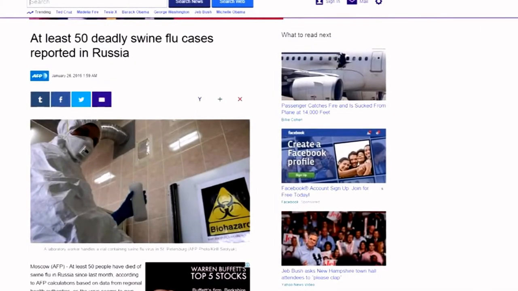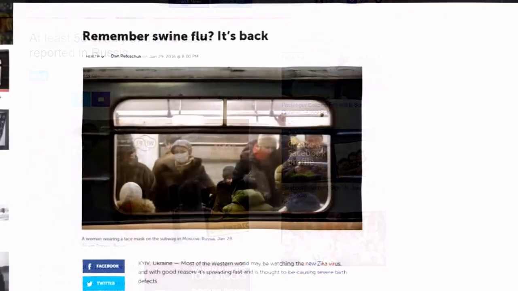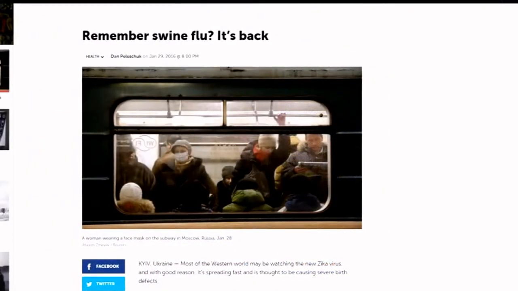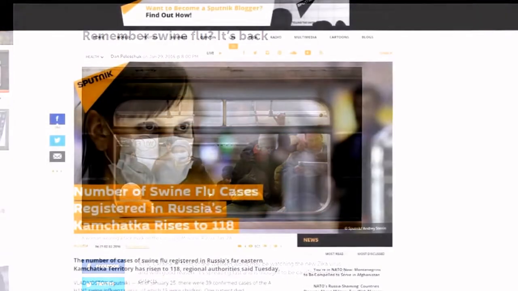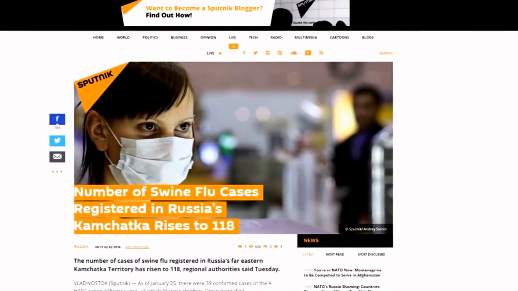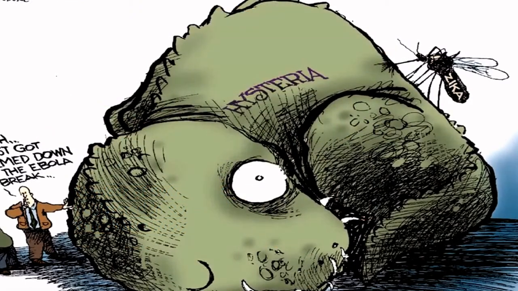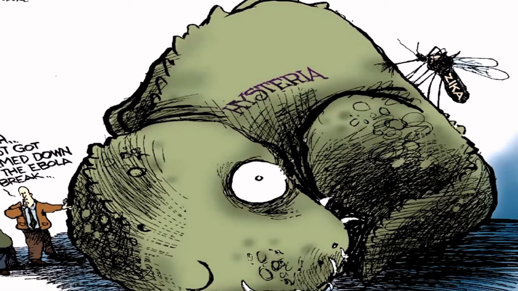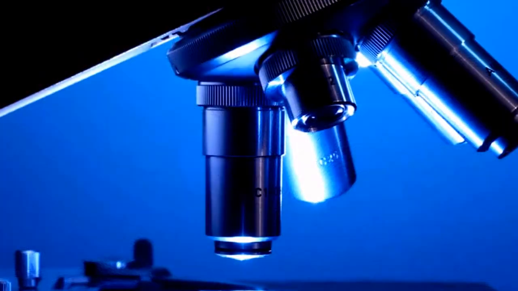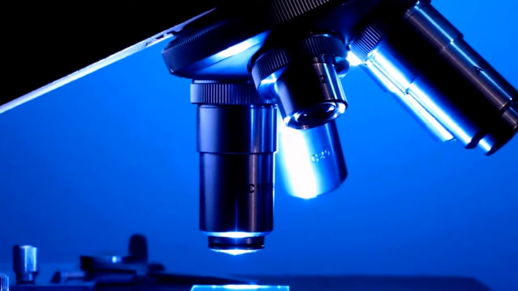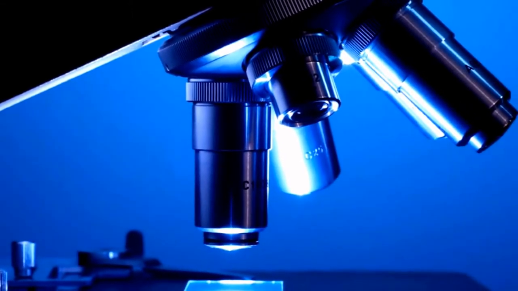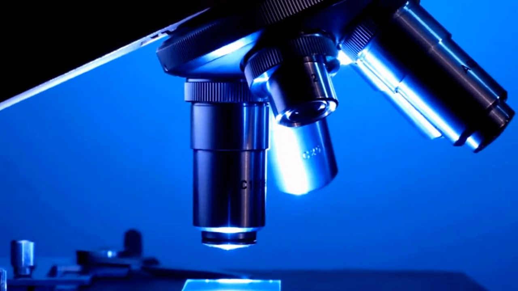With so much hype surrounding the Zika virus, the recent swine flu cases in Russia barely get any media coverage. If we ever learn anything after all the buzz over the Zika virus has died down, it has to be the fact that the media would go out of their way to make a big fuss over something so small that it has to be viewed under an electron microscope. Augustine Tan, The Merdeka Report.